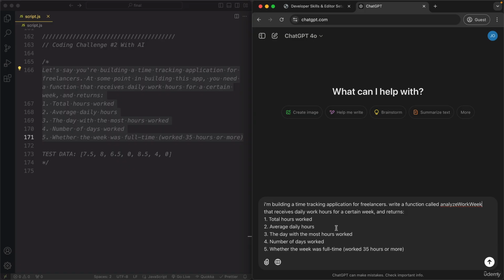So let's think about this. How should this function actually receive the data? So I think it would make sense that it actually gets an array of the 7 values of the 7 days that are in a week. So let's say here that receives an array of daily work hours, and then it returns these. Now these should then also be in a data structure, so we could again return an array, but let's actually return an object here, which then makes it a bit easier to understand what each of the data points is all about. So and returns an object with the